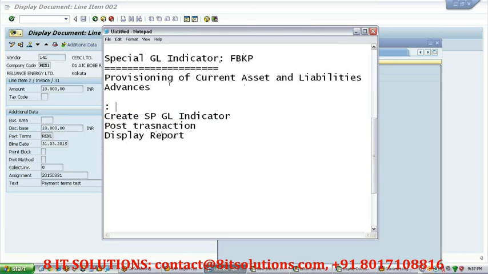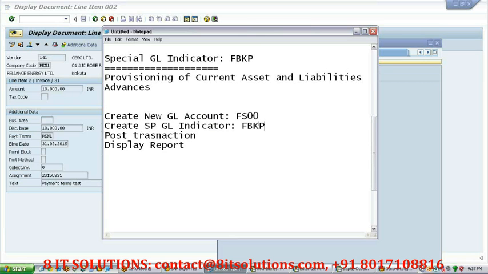To create a new GL account, as you are already aware, the transaction code is FS00, isn't it? The special GL indicator you can create from FBKP. This is a configuration, and you can also do it from SPRO. Post a transaction, as you know, you can post a financial transaction, and the report you can mainly check from FBL1N, or FBL5N for customer. Okay, so let us create one special GL indicator, advance to vendor.